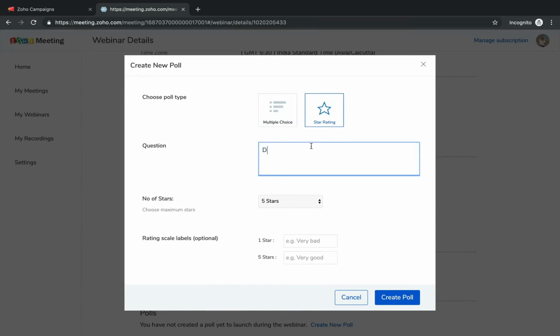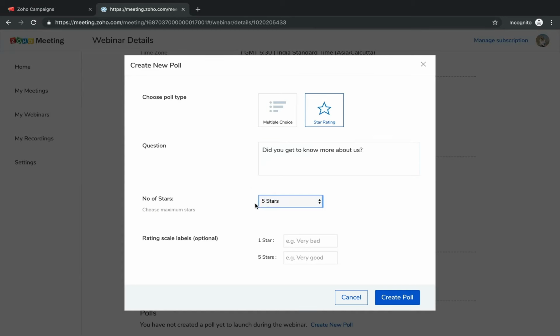During the webinar, if you feel like asking any questions to your attendees, you can do it with the poll. So the question can be, did you get to know more about us? Since I'm going to discuss the introduction about the magazine company Silker, in between I can ask them whether they got to know more about us, if the webinar is working, and we can ask them to rate us.